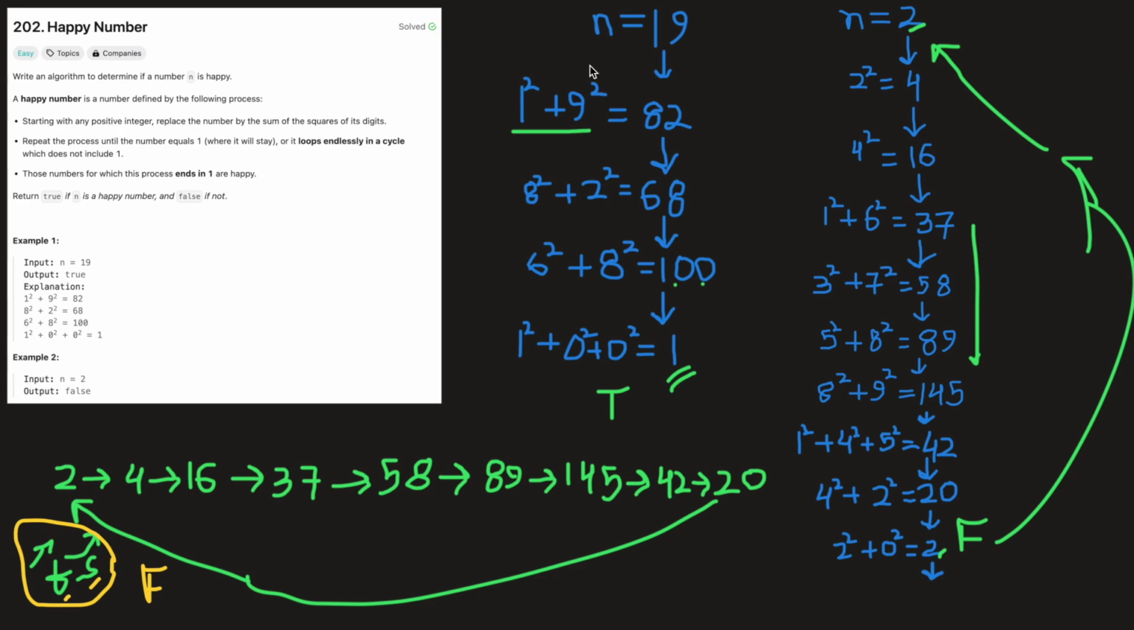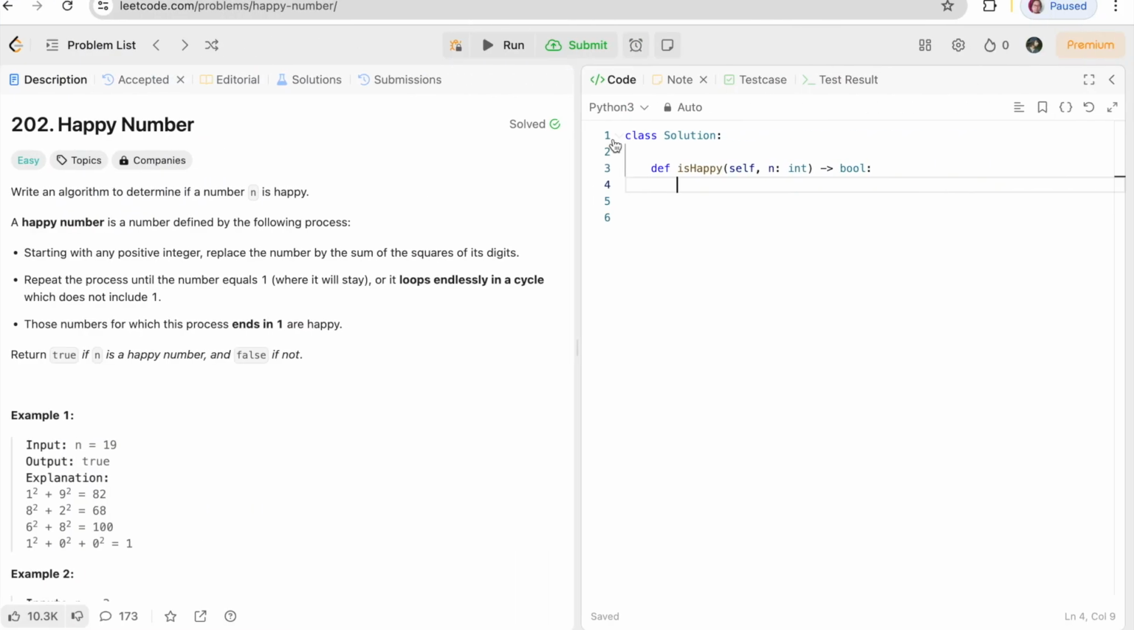First of all, we need a function which can compute the square of its digits. So let me create that function first. I'll call it find square, and it will just take the number. We'll have to iterate over each digit and find its square. So what I can do is